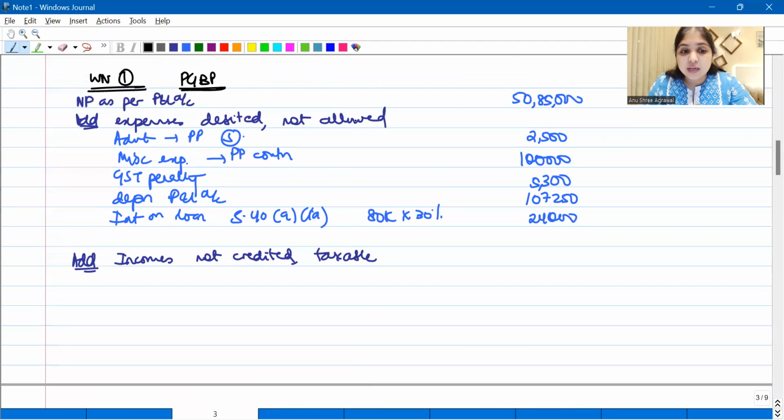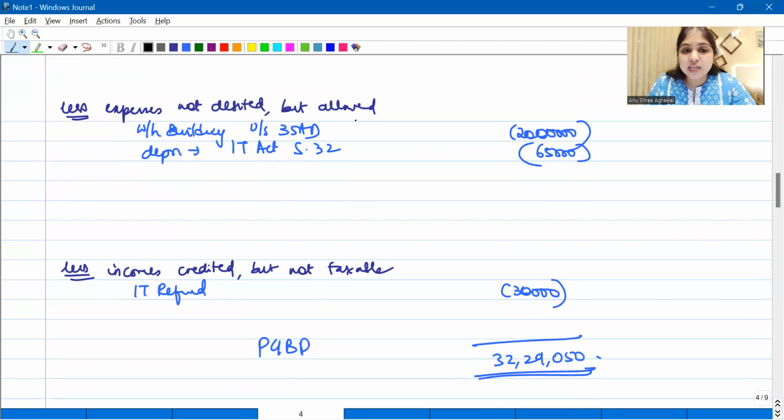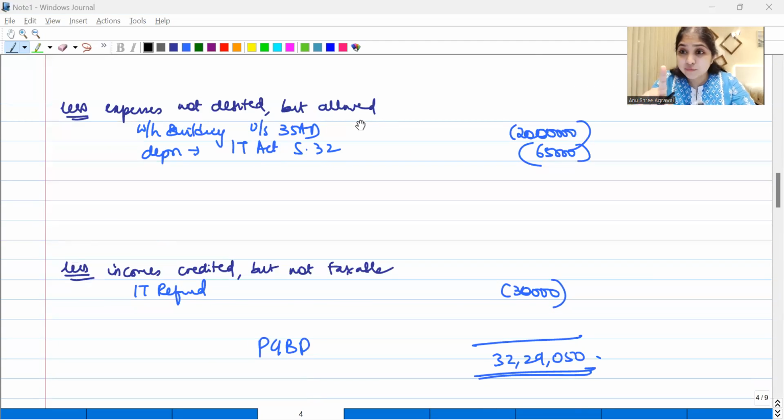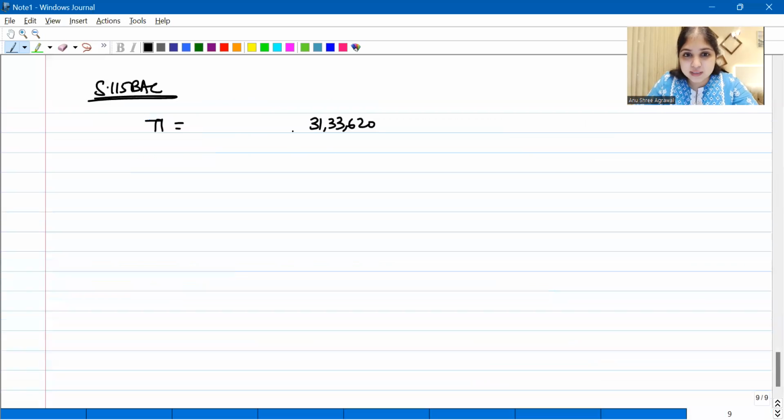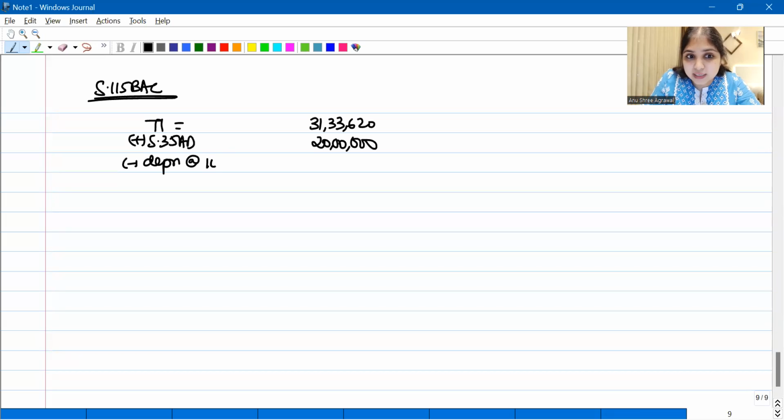Now I will go through working note after working note, and I will see what are the benefits which I have to reverse. Tell me, in PGBP, what are the benefits I have to reverse? Only one benefit I have to reverse in PGBP over here, which is 35AD. You can't enjoy 35AD in 115 BSE, guys. So I'll add back 35AD. I'll reverse 35AD of 20 lakhs. But if I'm going to reverse 35AD, what will I enjoy then? In its place, I will enjoy depreciation, at least depreciation on the building, which is going to be 10%. So at least depreciation you let me enjoy in that case.